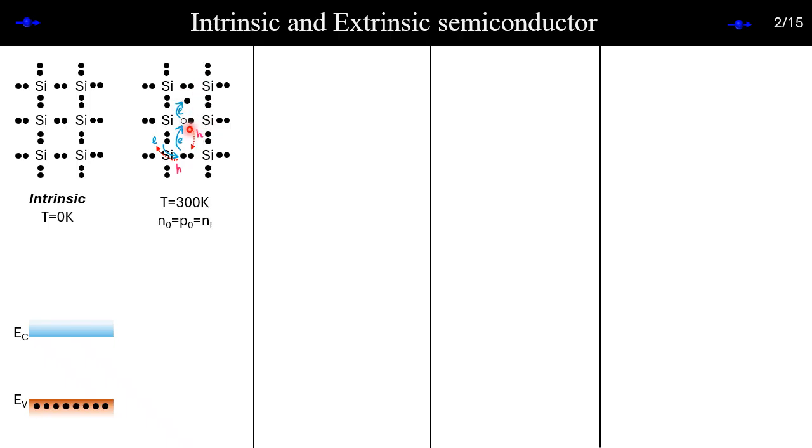As it moves, we have empty spots which we call holes. Now, another electron can come here and sit in this hole. So that means we have electron-hole pair generation at finite temperature. Is it clear? So then how do we sketch it here? We had many electrons, but as we increase the temperature, some of the electrons are excited from the valence band to the conduction band.